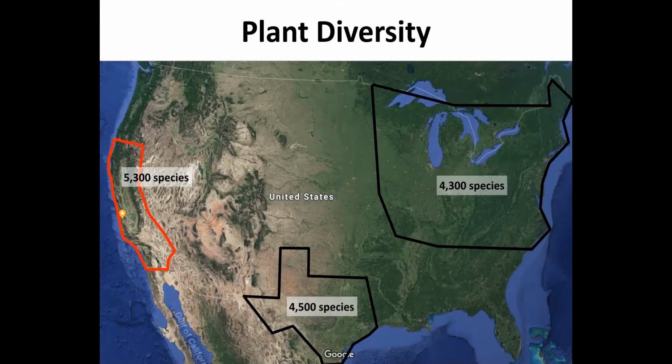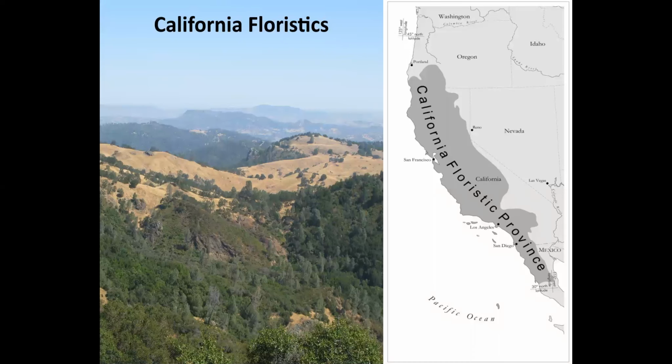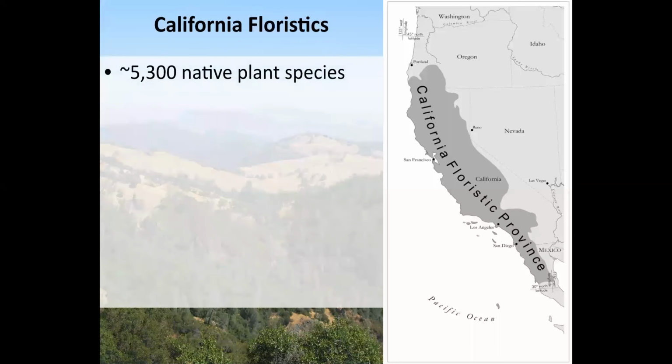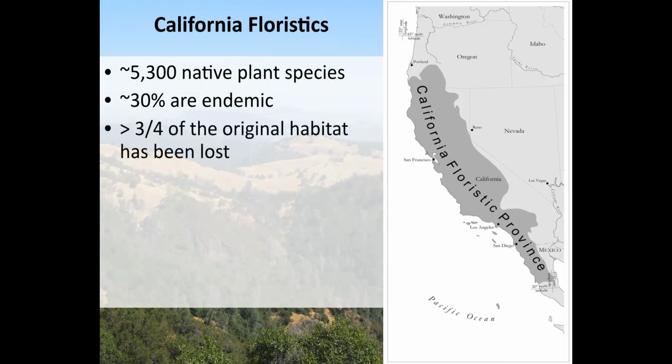It's also one of the world's 5 Mediterranean climates, and it harbors a huge amount of diversity in the United States. Within the state, we have 3 different floristic provinces represented, over 5,000 native plant species, 30% of which are endemic in California. And that is despite the fact that 3/4 of the original habitat in the state has been